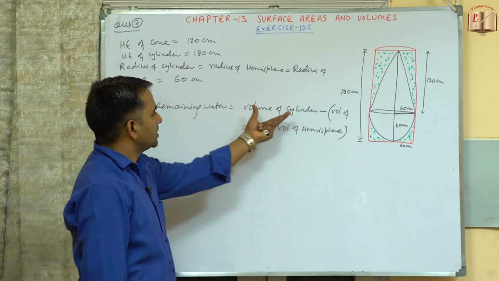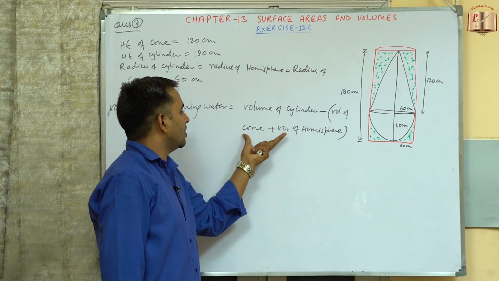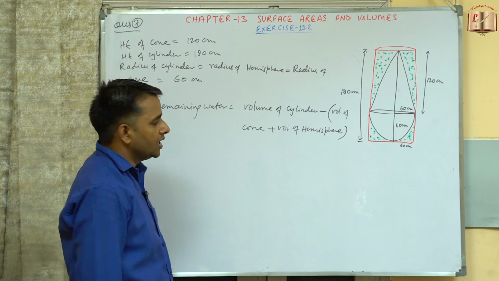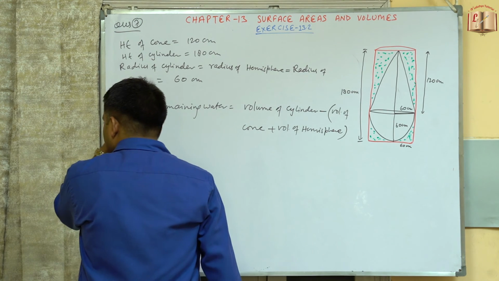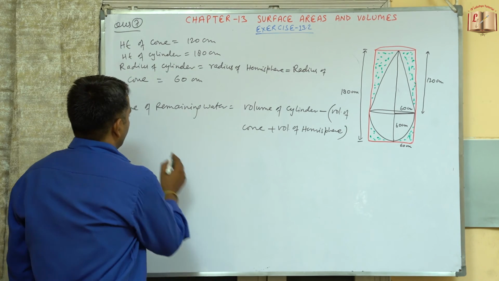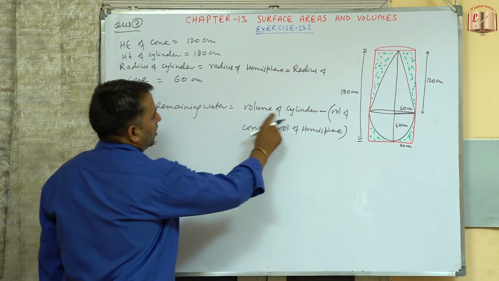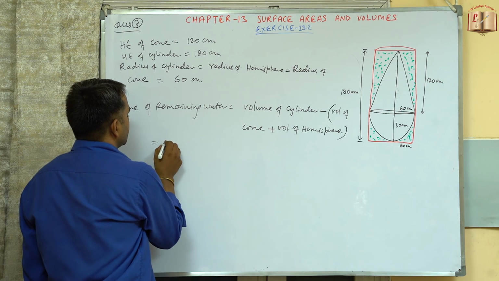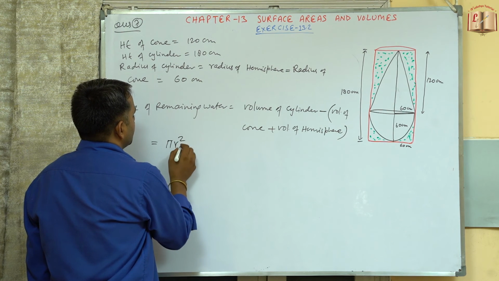So volume of cylinder minus the volume of the cone plus volume of hemisphere. So this will give us the volume of remaining water in it. So now we will put the values. So this will be equal to volume of cylinder. We know this is pi r square h